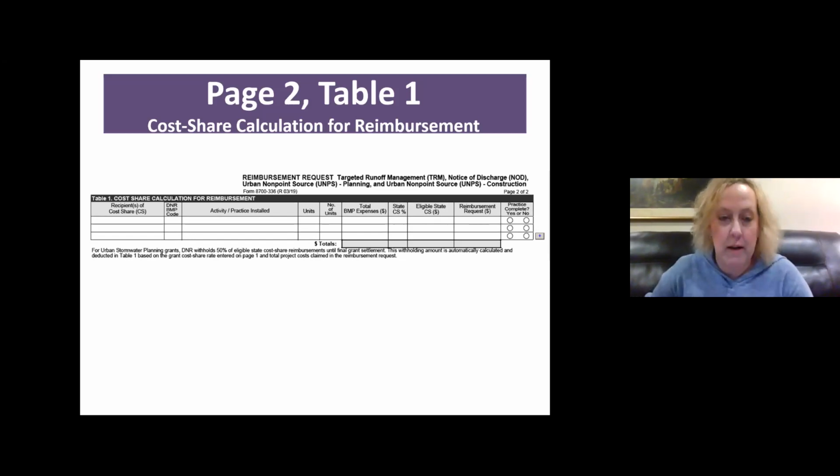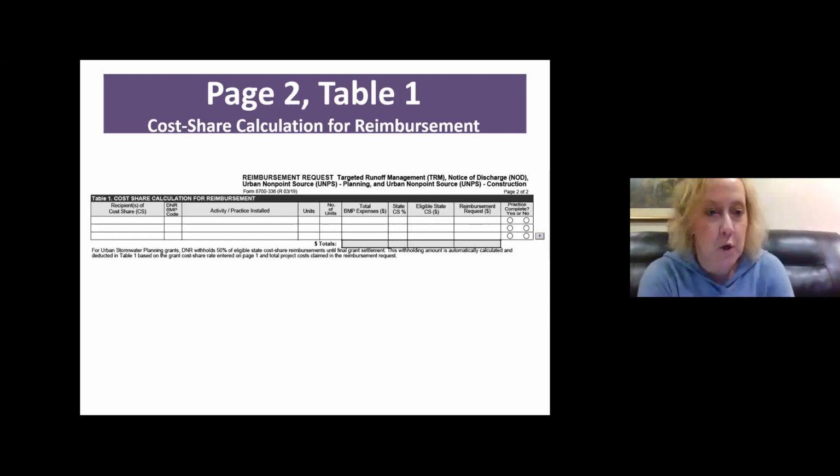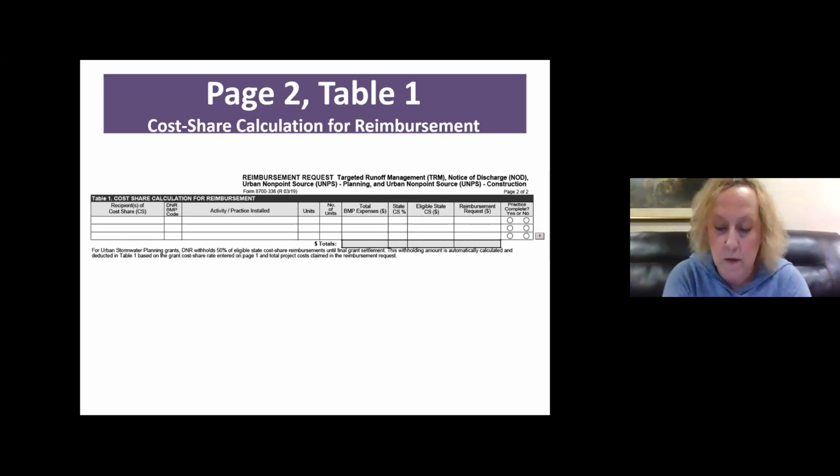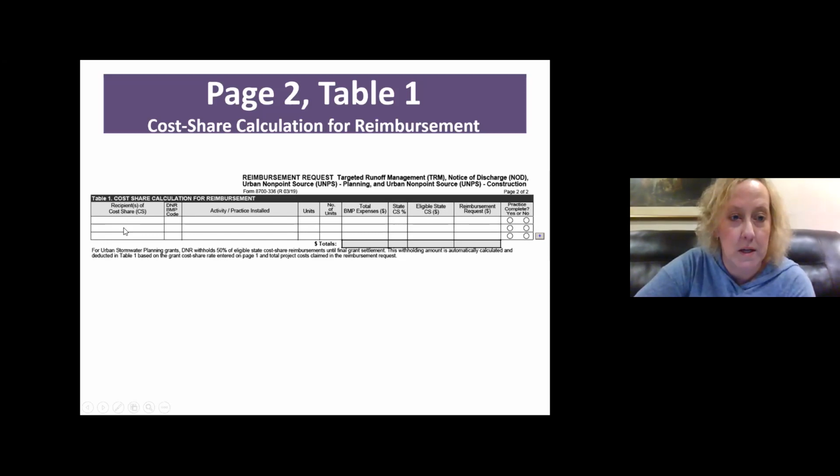So for each grant eligible BMP for which reimbursement is being requested, the following information must be provided. We'll go from left to right across the table. The name of the cost share recipient, so this is going to be the landowner or operator, or in the case of local assistance or force account, it's going to be you as the grantee. The associated DNR BMP code, which is going to be a drop-down box that will automatically populate the name of the practice, the associated practice, the units associated with that practice, the number of units that were installed,